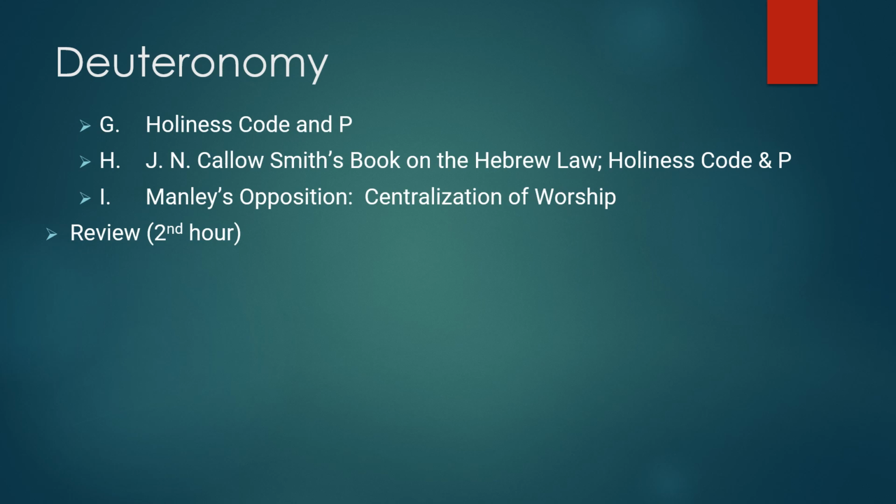At the end of the last hour, I had tried to give you a general idea of the significance that the date of Deuteronomy, and the identification of Deuteronomy with the law found in the time of Josiah, has for the JEDP literary critical approach to the Pentateuch formulated by Wellhausen. I demonstrated how important it is for the whole theory to regard Deuteronomy as being derived from the time of Josiah. At the close of the hour, I mentioned that Wellhausen himself acknowledged that his thesis centers around that particular